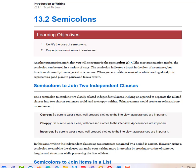Semicolon to join two independent clauses. Use a semicolon to combine two closely related independent clauses. Relying on a period to separate the related clauses into two shorter sentences could lead to choppy writing. Using a comma could create an awkward run-on sentence. Correct: Be sure to wear clean, well-pressed clothes to the interview;